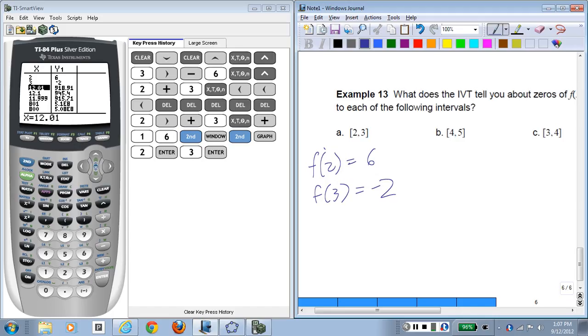One has to exist. 0 is between 6 and negative 2. 6 is positive, negative 2 is negative, 0 is in between. So there's got to be some number between 2 and 3 where a 0 exists. So the intermediate value theorem